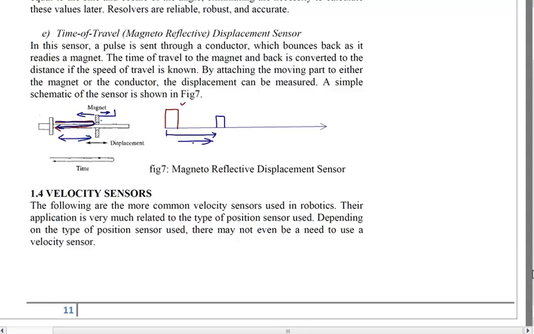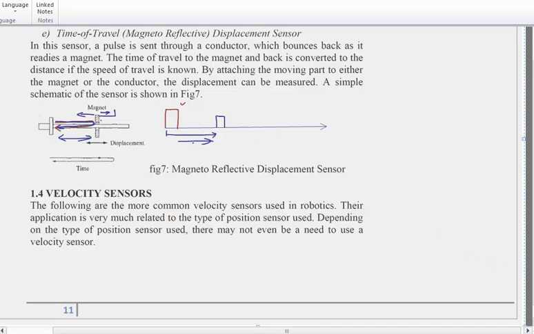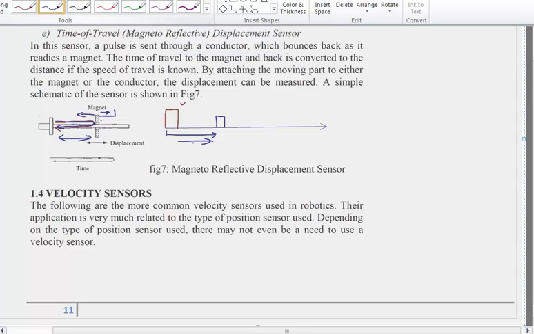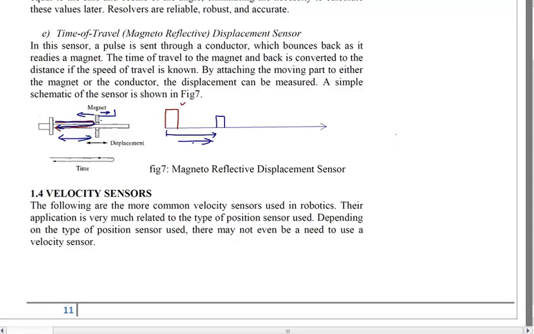Basically, a velocity sensor is a position or a displacement sensor itself most of the time, and we basically work on its signal. That means, suppose we have a displacement sensor, we get a signal output which is displacement. And what is displacement? Displacement is the distance moved. Okay, distance moved. So let me write it as dx.